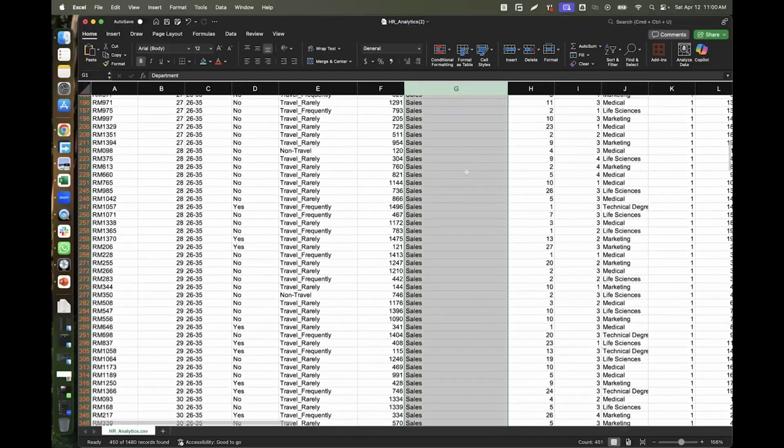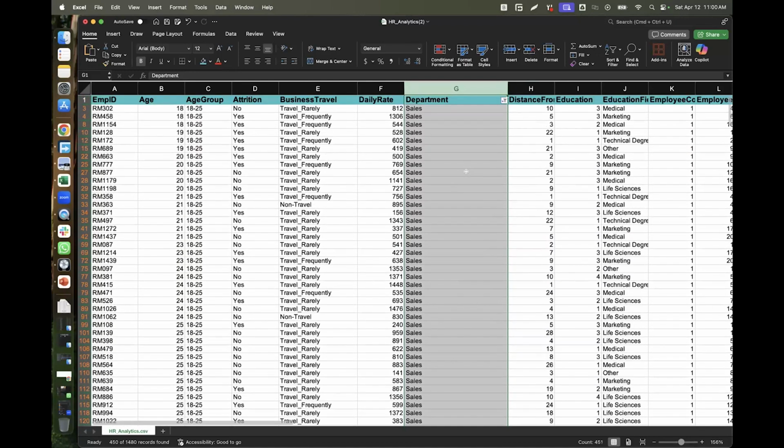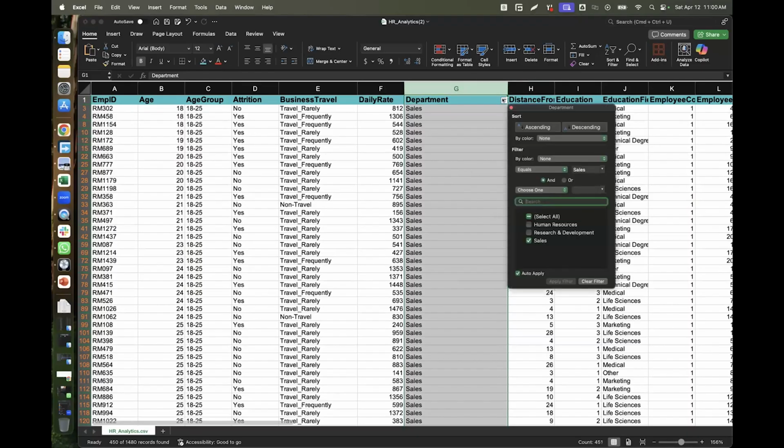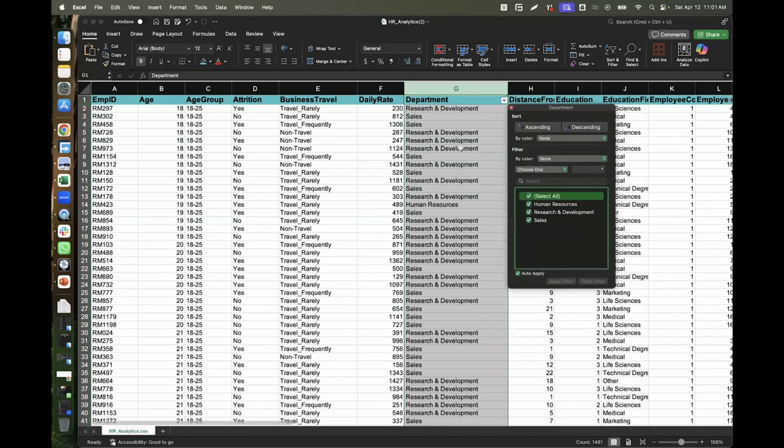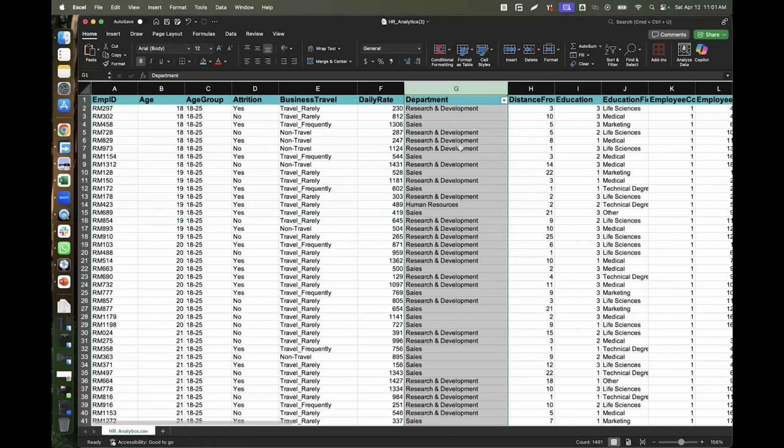So that's what I want to achieve. That's why I'm trying to share with you how to do sorting and how to filter. So that's on the one hand. I will revert back to the way our data was before, and I'll do Control Z to remove the filtering that we have there. So that's filtering for you.